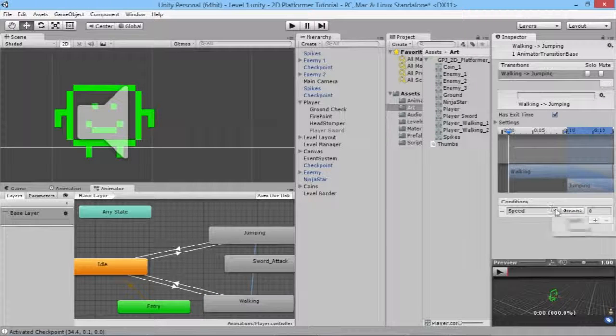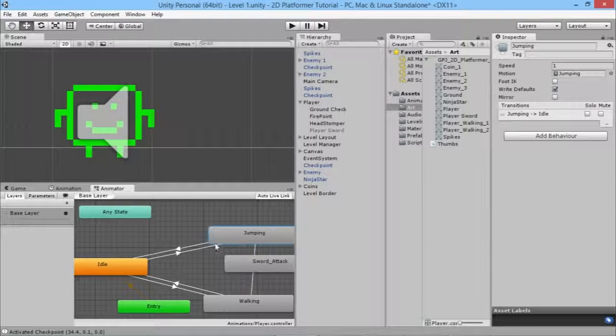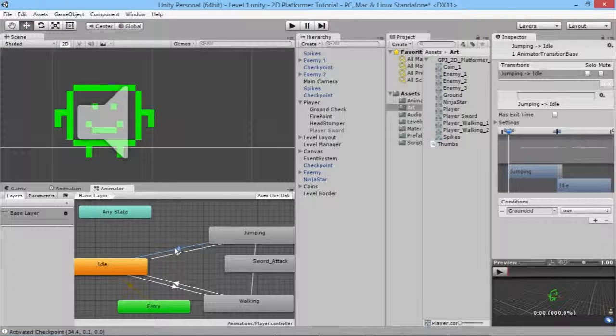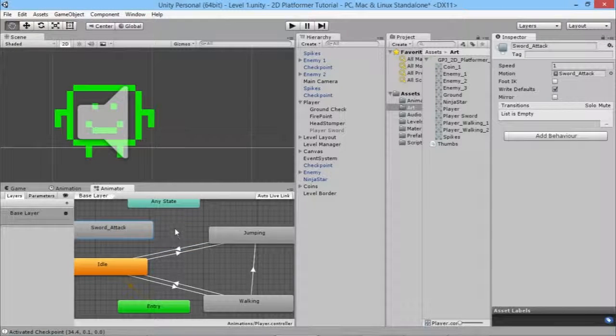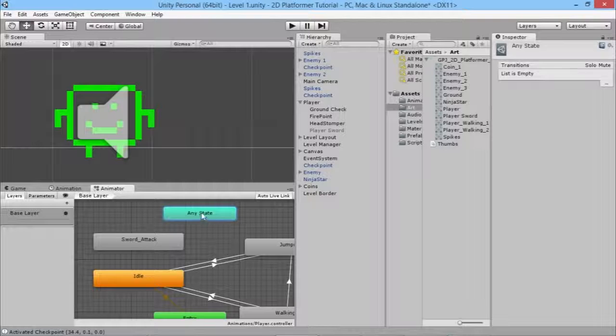So again, if grounded is false, then jumping. And basically, so then if we're jumping and then grounded is true again, then it'll go back to idle and it'll go back to walking if you're going fast enough. So then we have our sword attack, and we want to go to our sword attack from any state. So what we're going to do is make a transition,